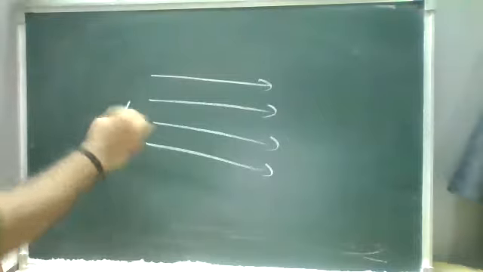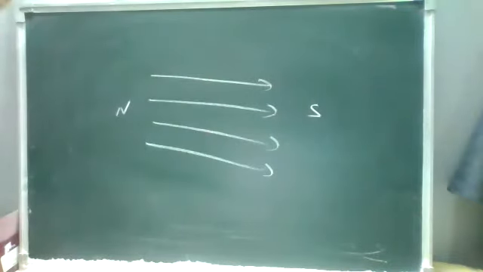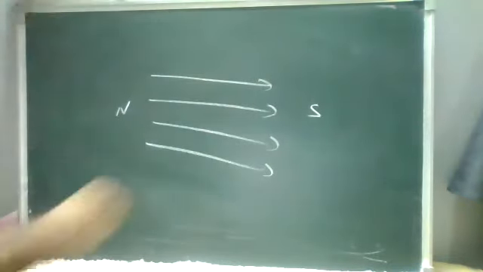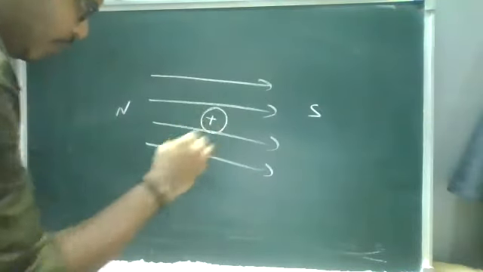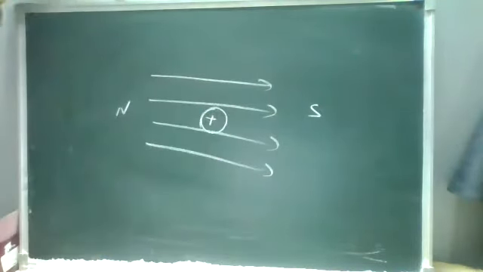So, the direct relation problem. Assume there are some field lines out there, traveling from the north pole towards the south pole. In the middle, I am placing a positive charge. Always remember, we place the positive charge because its mass and charge are greater compared to the negative electrons. Remember, it is in a rest condition.